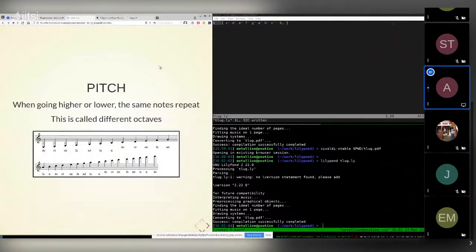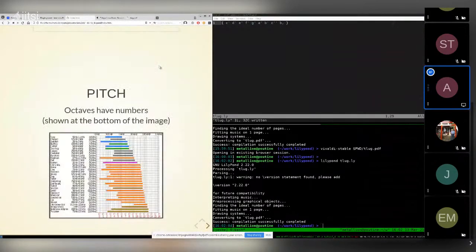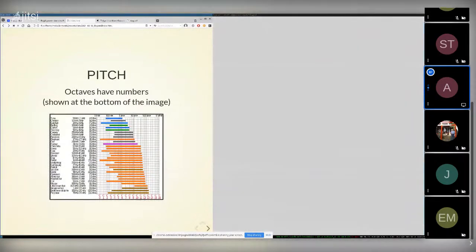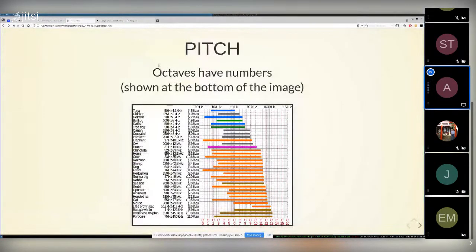How many octaves are there like this? So this is a little chart of the frequencies that different animals are able to hear. At the bottom over here, you have the octaves. So you have the note C or Do, and the numbers of octaves that it is in.